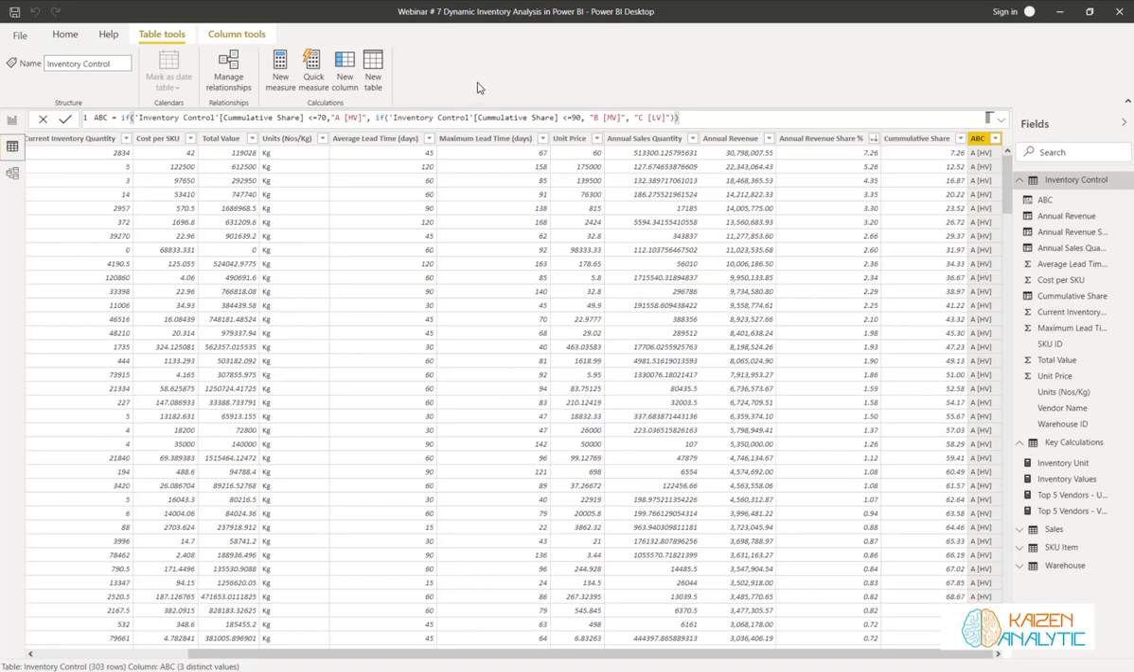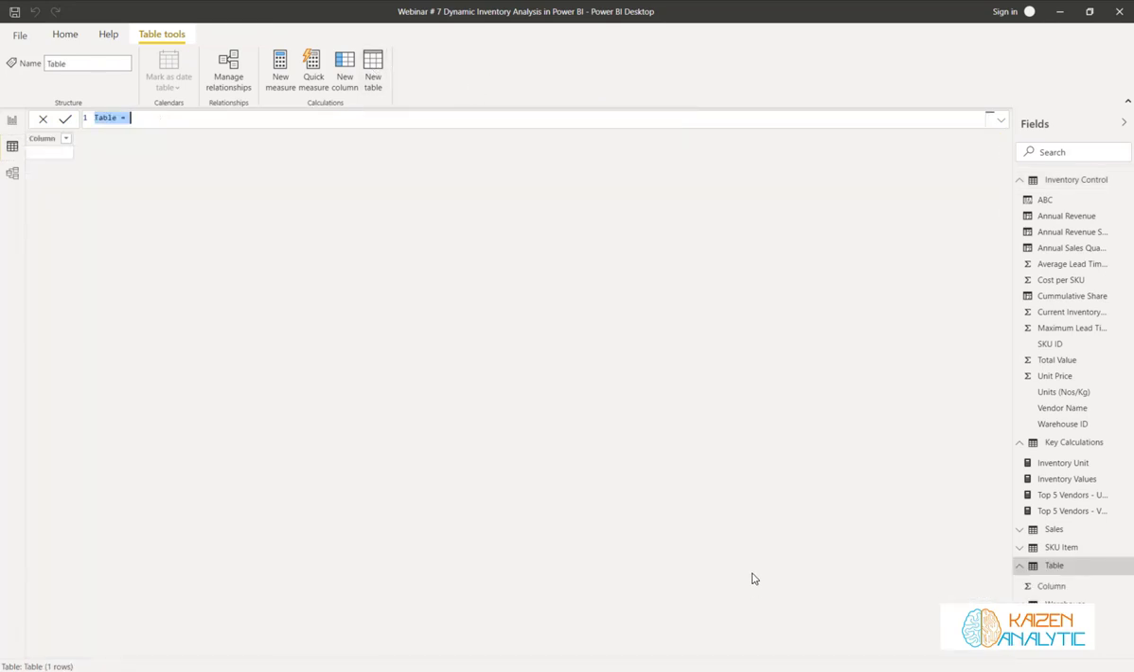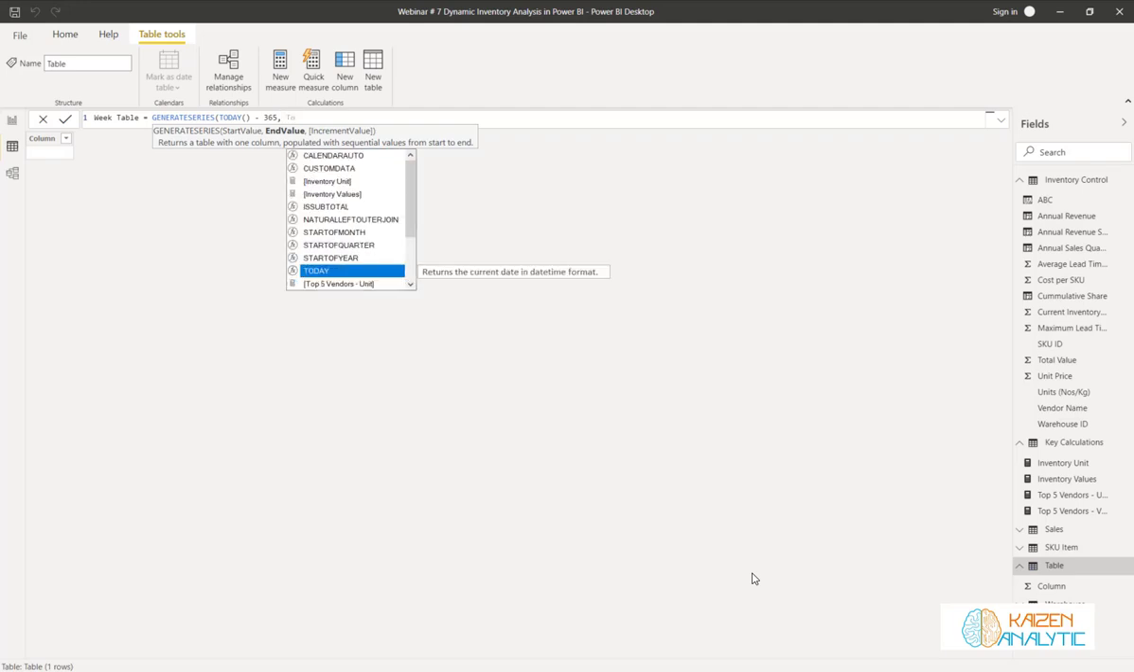We'll use the GENERATESERIES function to calculate this new table. Week table is equal to GENERATESERIES, and we would like to calculate it from today minus, and we will go back 365 days. So this is our start date, which is today minus 365, and our end date is today, and